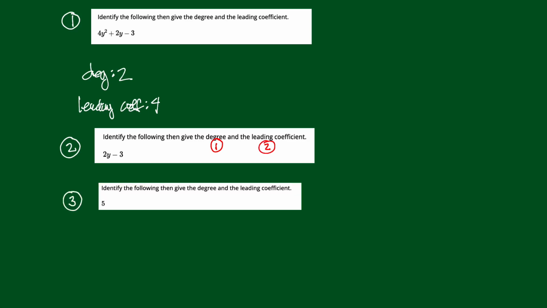So again, we want to find the degree and the leading coefficient. Well, the degree, this may look a little odd, but really, here's what this is. This is really 5 times 1, but 1 I could write like this: 5 times y to the 0, right? Y to the 0, assuming that y is not 0, is equal to 1. All right, so what's the exponent on here? The exponent is a 0. So when I just write this 5, it's 0 degree. All right, so the degree of this one is 0, and the leading coefficient,